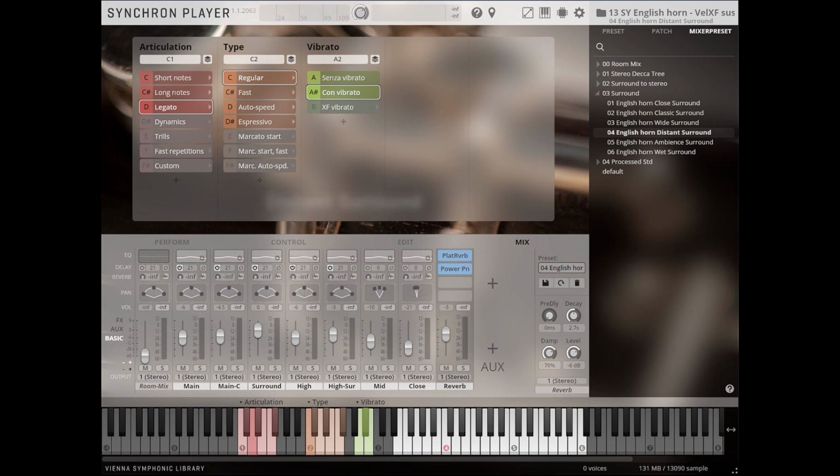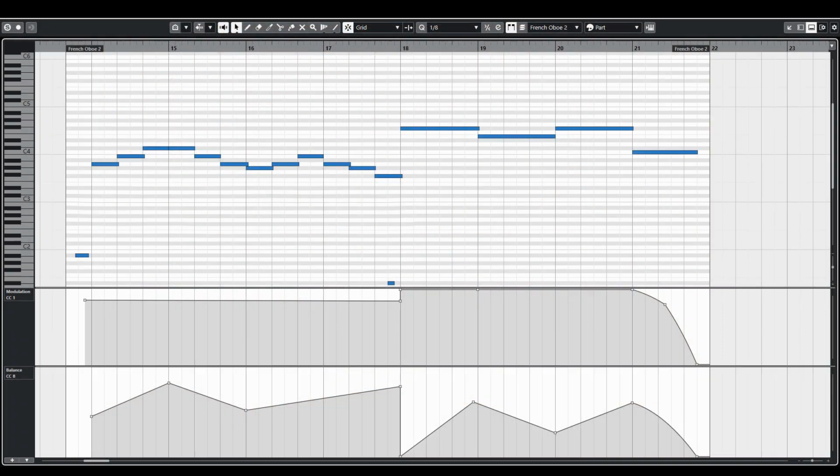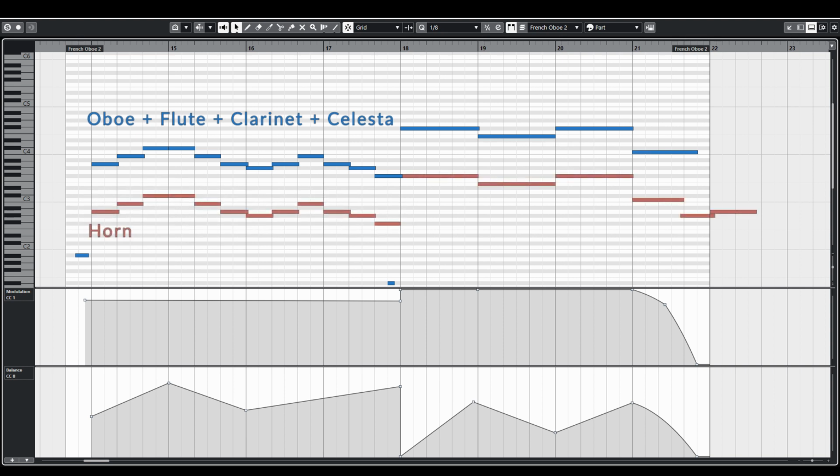That turned out to be a very easy task, as the Distance Round mixer preset of Synchron Woodwinds was exactly what I needed. With a reprise of the theme, the English horn is replaced by an oboe, since the melody reaches a higher register. To retain the darker sound of the English horn, the oboe is doubled with a solo horn playing an octave lower.